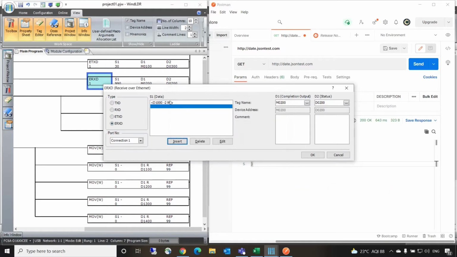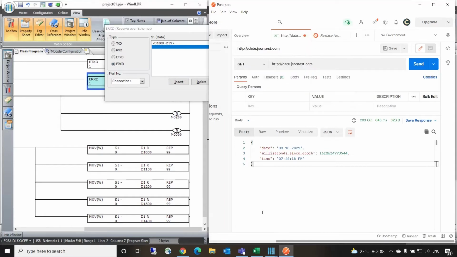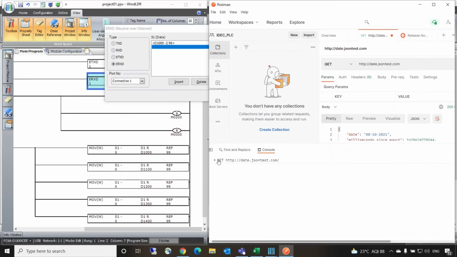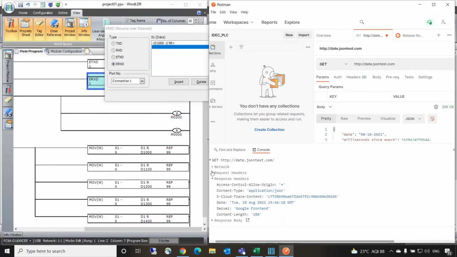Likewise, we have to go with the amount of data which you are receiving. So usually, if you are going to check how much data we are going to receive, just click on the Postman once again. Go to the console to check what amount of data we have received. So this is where we are getting the proper results. In this, we have sent the request. This is not required. The response we have received has these specific headers as well as the body.